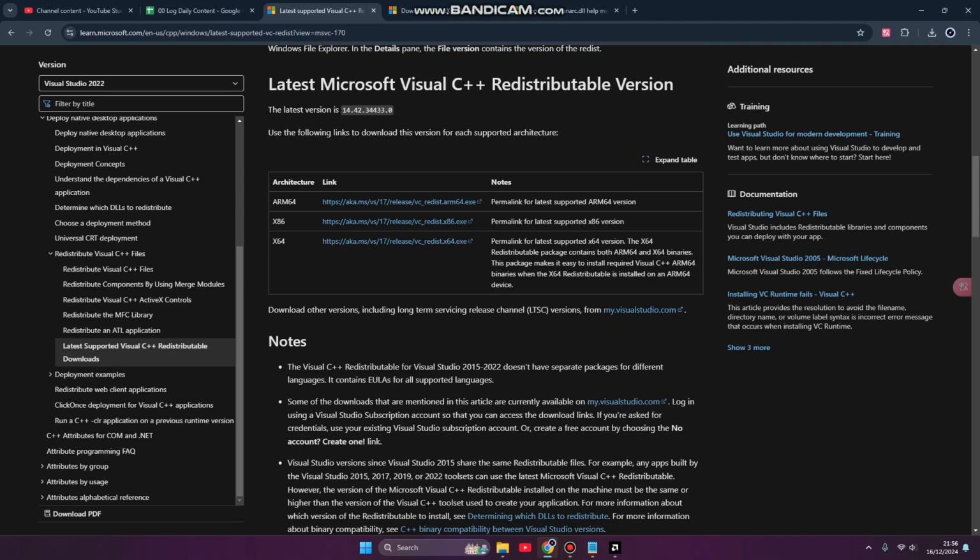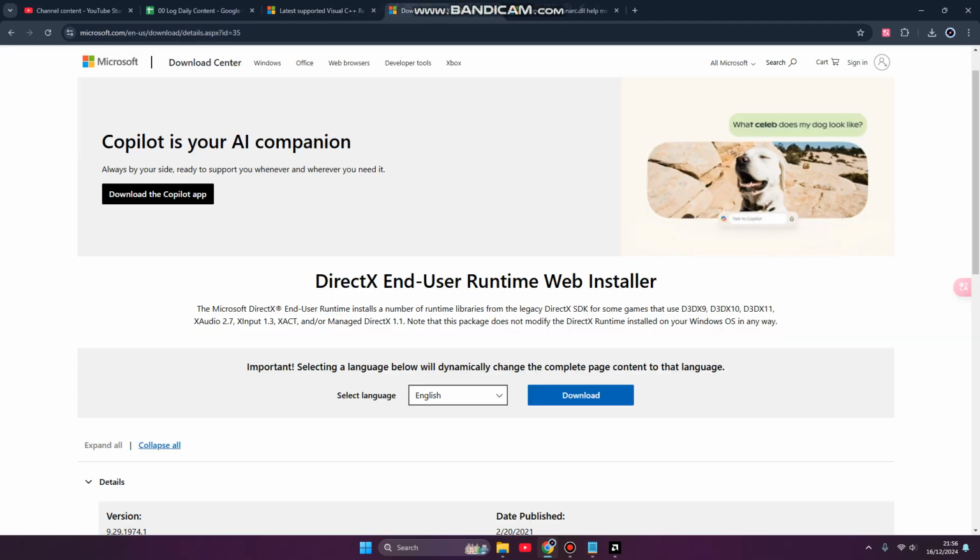If you use Windows 10 or Windows 11. After you download this, try to restart your system and try to rerun your programs or games. And also